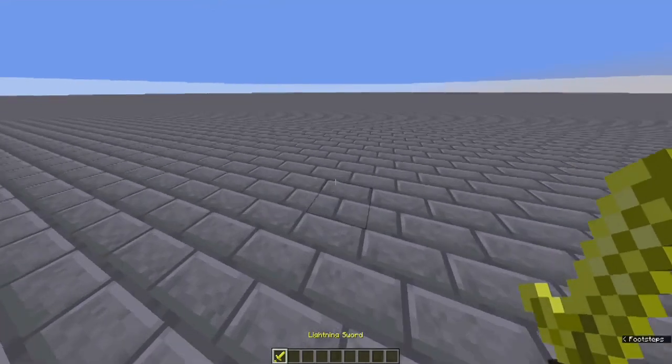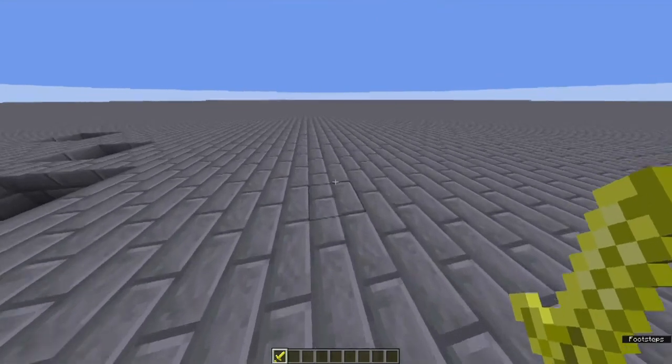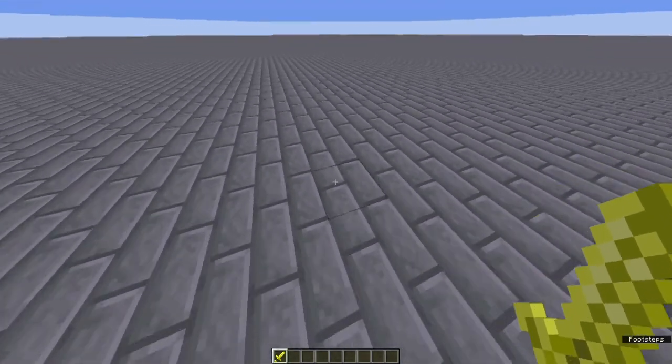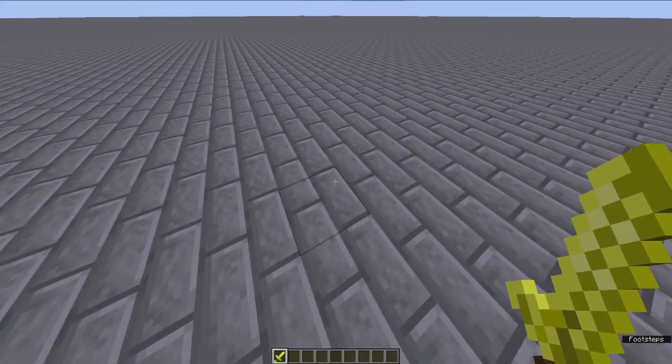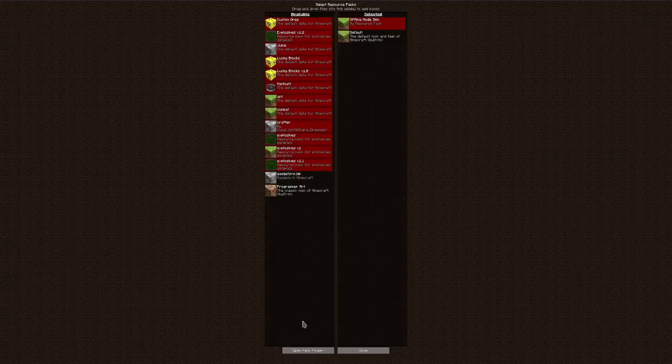This is the lightning sword we made a couple of videos ago, but can you see something? That's right, it has a custom texture. So today I'm going to show you how to make custom textures for your vanilla or custom items in Minecraft. Let's get started. So first let us set up the resource pack by going to Options, Resource Packs, and then